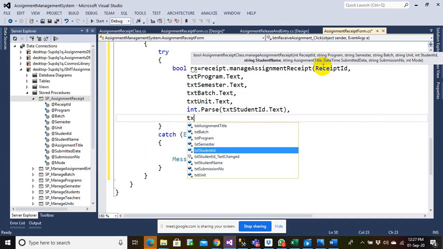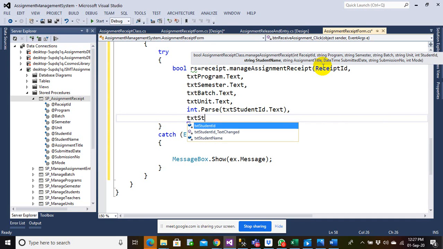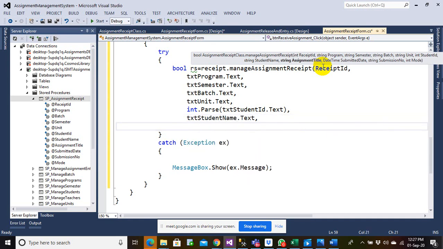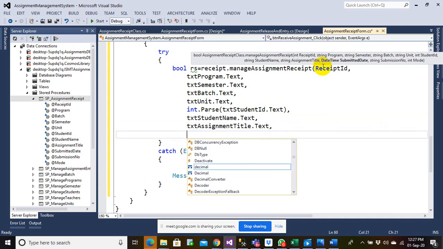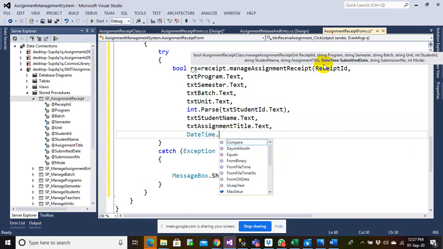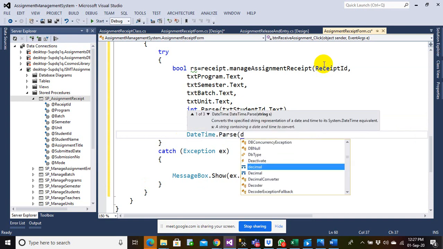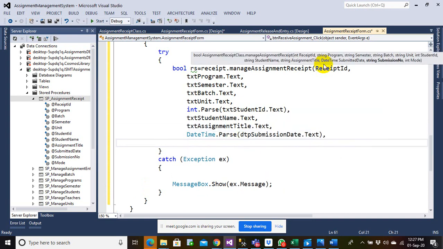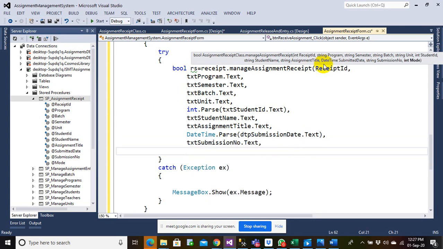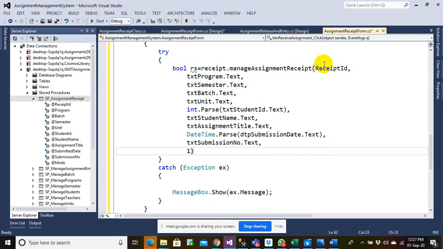Then you have student name, then you have assignment title, then you have submission date, then you have submission number, then you have mode, and that's 1 in this case.